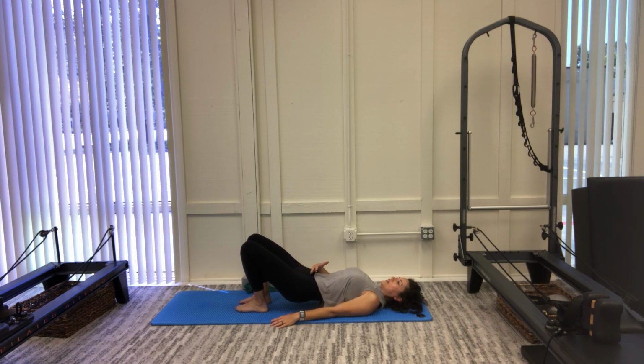Exhale, engaging the core muscles towards the heart space while pressing my feet down and stretching my quadriceps and coming down. One more like that. Inhale and exhale, pressing up